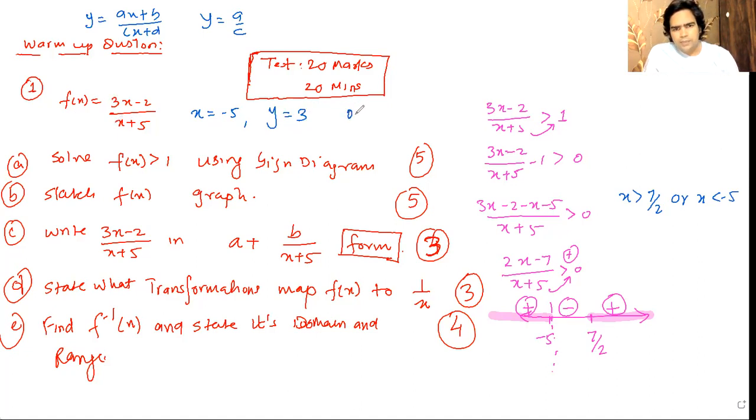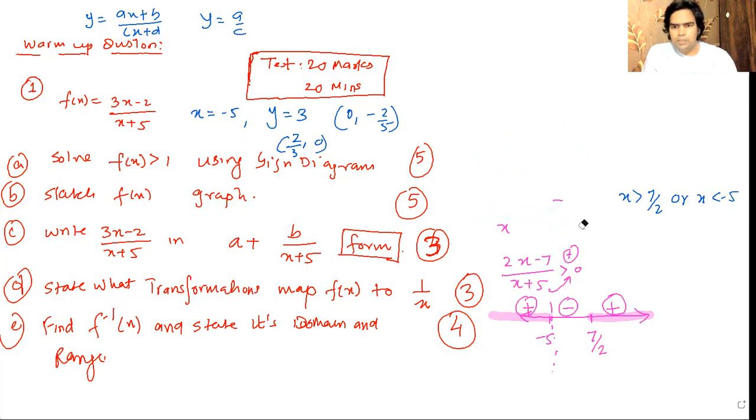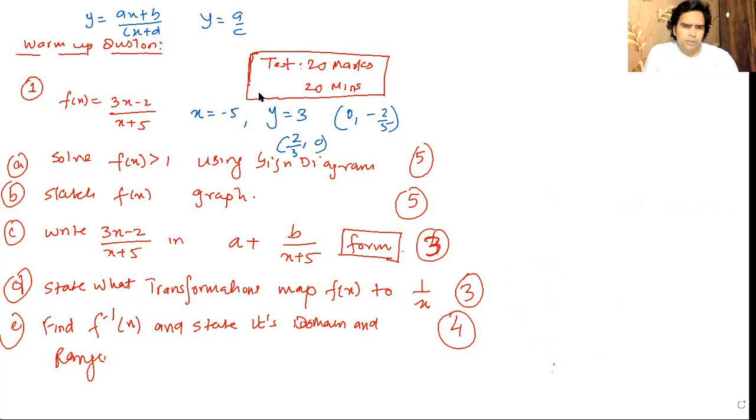Your y-intercept is at (0, -2/5), and your root is at 2/3. So the root for this equation is nothing but 2/3, that is (2/3, 0). Now when I want to sketch the final graph for this equation, I'll clean out this part, I don't need it. So what I have now is approximately everything that I need,